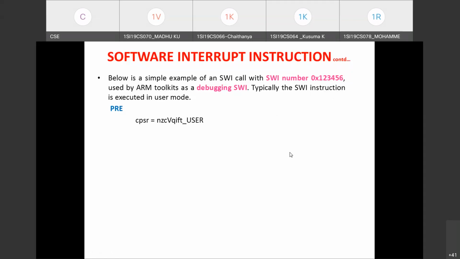So yes, CPSR is initialized with this value, NZC, capital V you can observe, and QIFT underscore USR. So this is the current state of the CPSR register, and PC, assume this is the address it is having, and LR register is having say this address. These are all just the preconditions specified, and assume R0 is having some data, and if this instruction is executed,